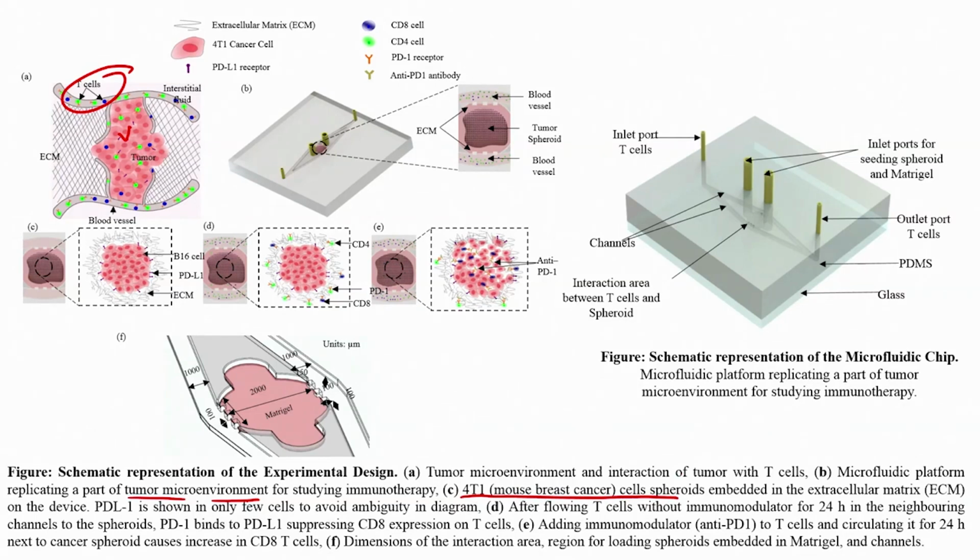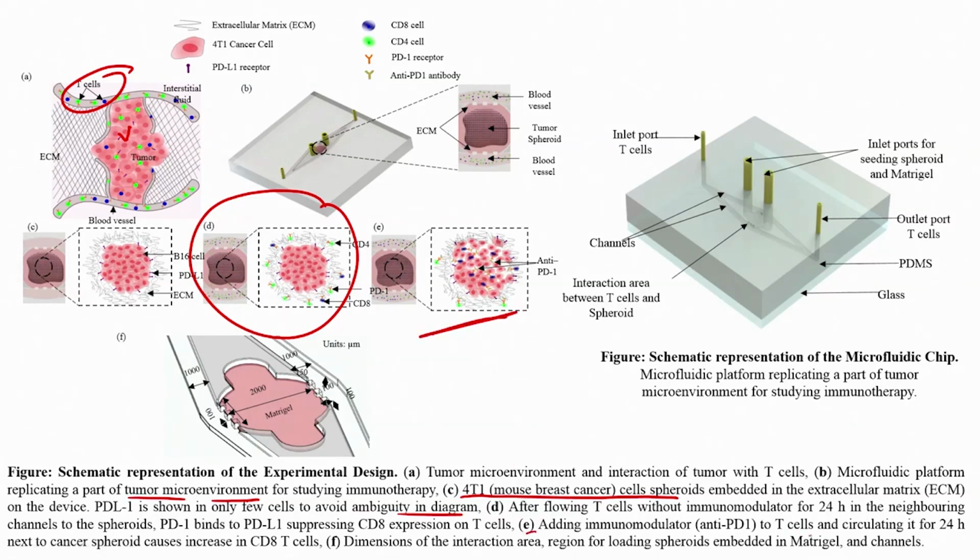PDL1 is shown in only a few cells to avoid ambiguity in the diagram. D will show after flowing T cells without immunomodulator for 24 hours in neighboring channels to spheroids. PD1 binds to PDL1, suppressing CD8 expression, while adding immunomodulator to T cells is shown in E, a representative diagram, and